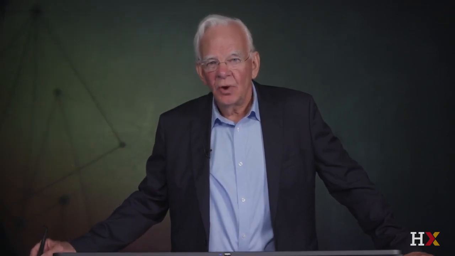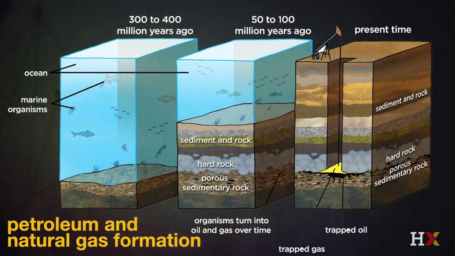Case study 2.5 looks at the origin and chemistry of fossil fuels. And this is fascinating because there's a great distinction here between natural gas and petroleum, formed by one method, and coal, formed by the other. So let's start by looking at petroleum and natural gas.